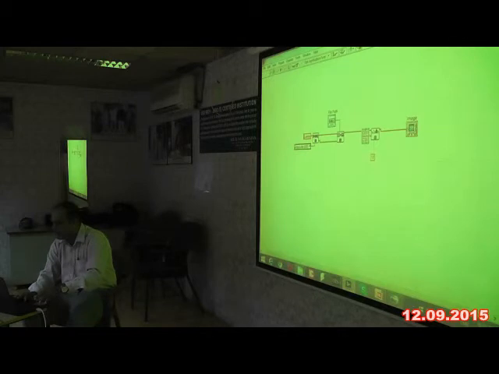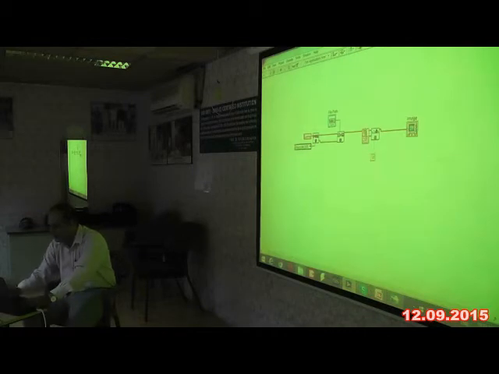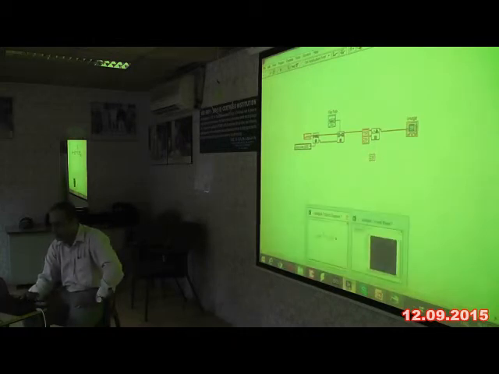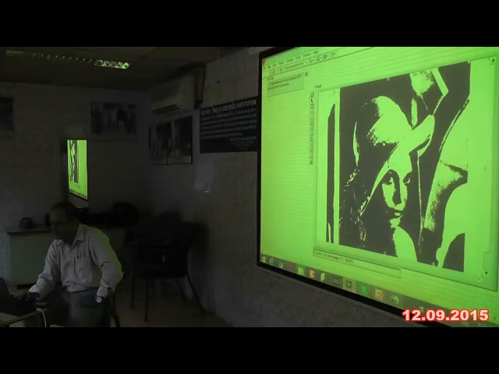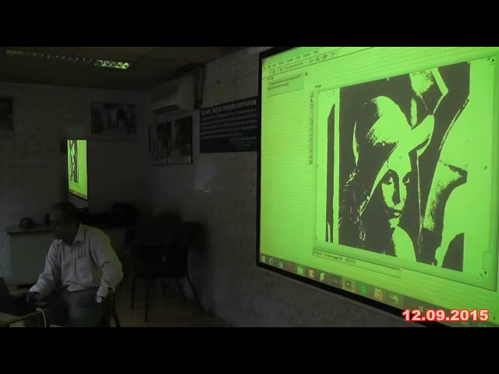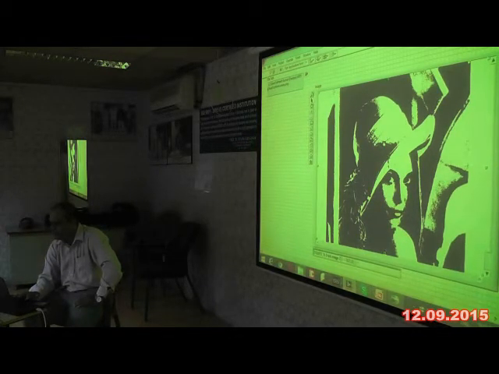So I will reduce this range to 150. You will see what happens. Okay, so it becomes like this. Whatever pixels have 150 to 255 are changed to complete white. So these are the pixels which are complete white, 255.